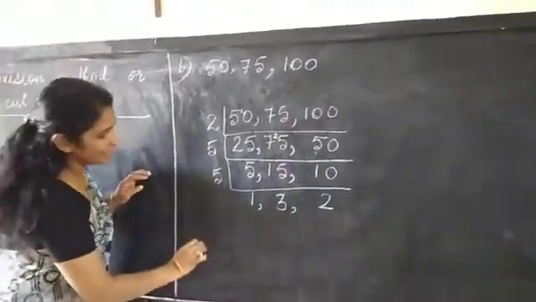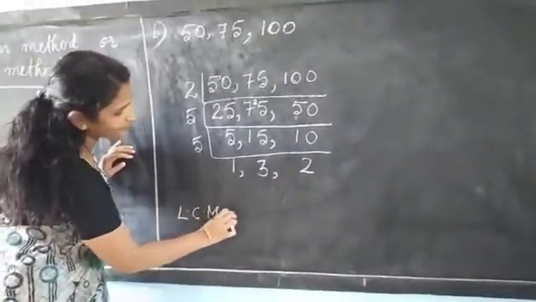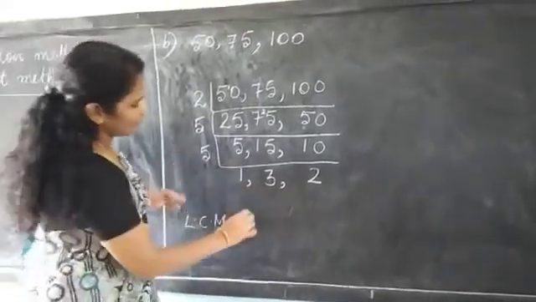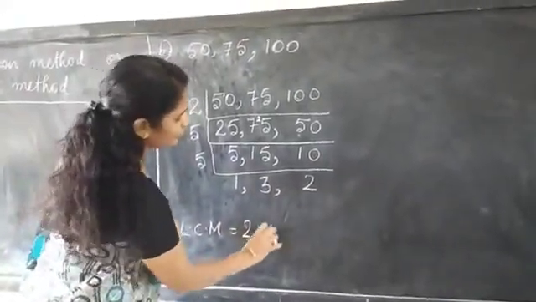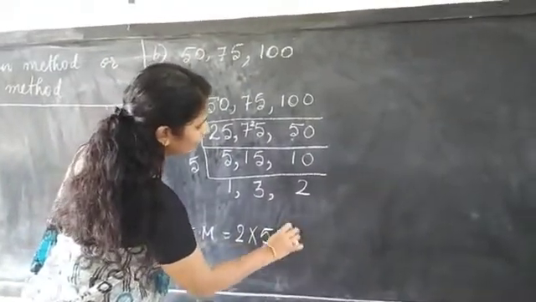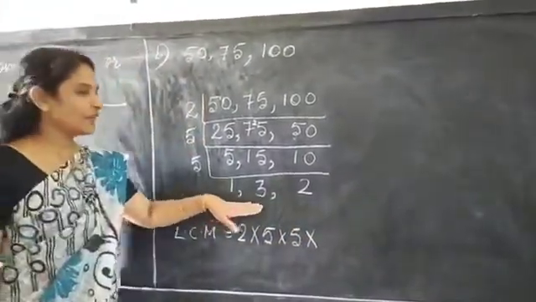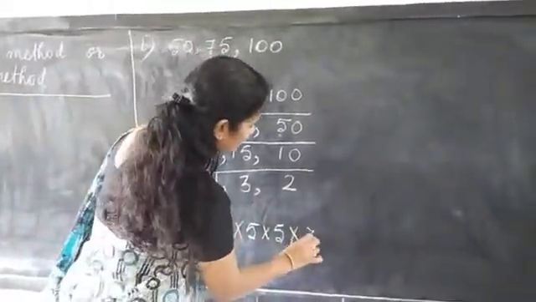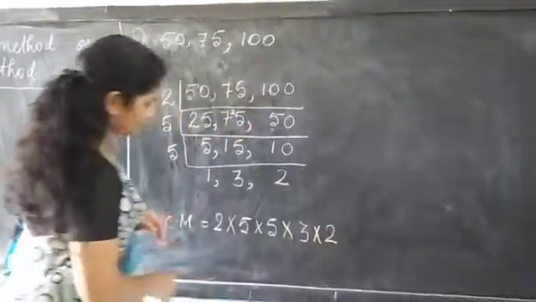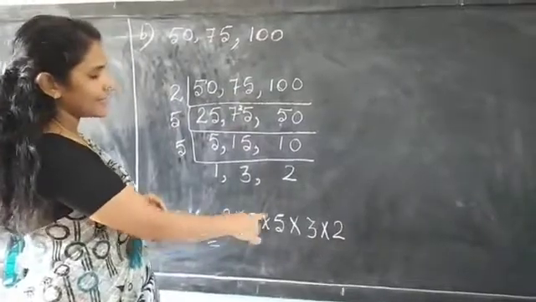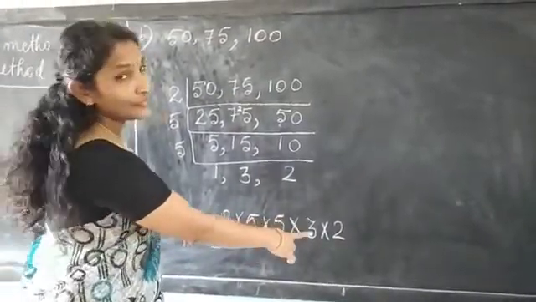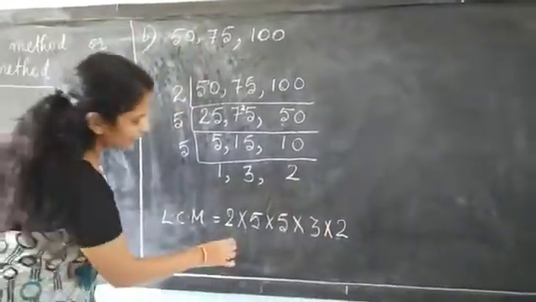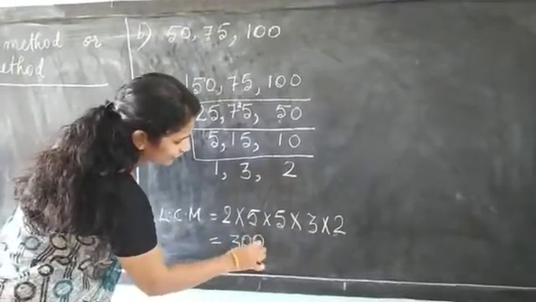Now we are going to find the LCM. First we have to multiply the common factors: 2 into 5 into 5, multiplied by the undivided numbers. 1, same number only will come, that's why we are not writing. 3 into 2. 2 5's are 10. 10 5's are 50. 50 3's are 150. 150 2's are 300. This is the answer of